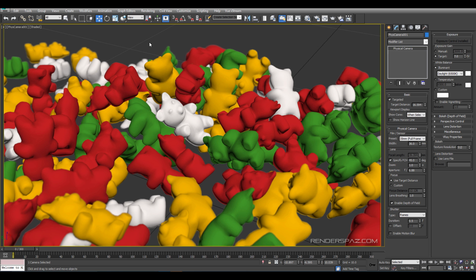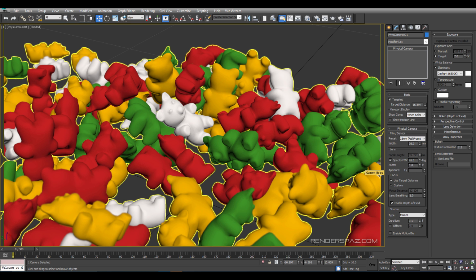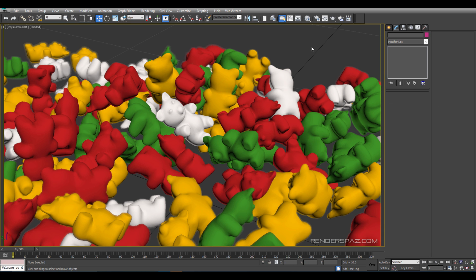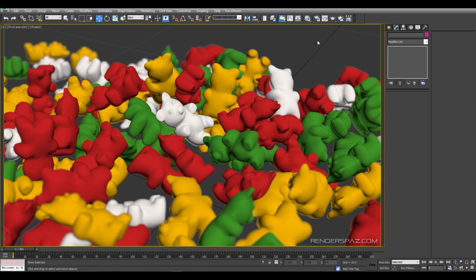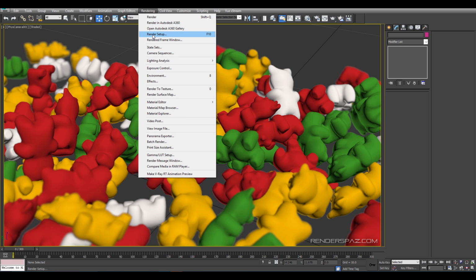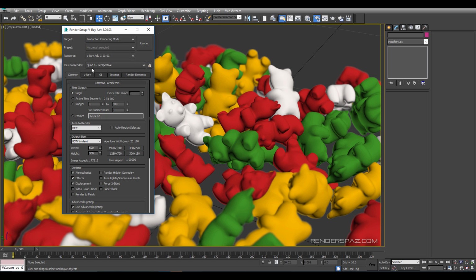Okay, and that'll work. So you can see the blur effect happening up here at the top. We maybe want a little bit more blur, a lower aperture. So if I bring this down to like A4, see what we get there. Okay, so that's nice. All right, so once we have our camera set up, we can now go to our render